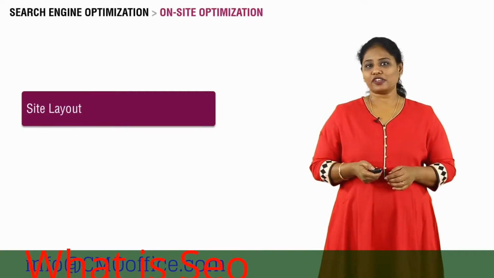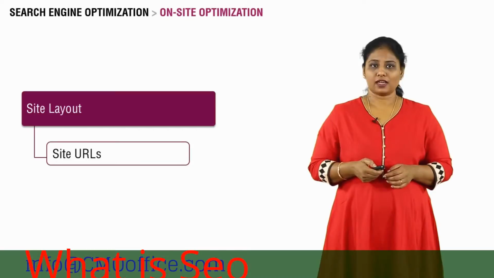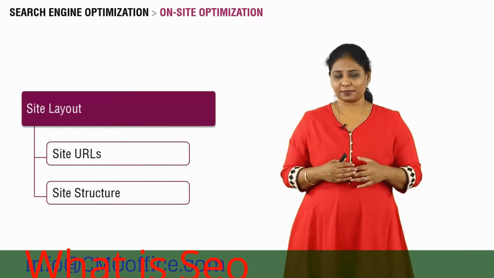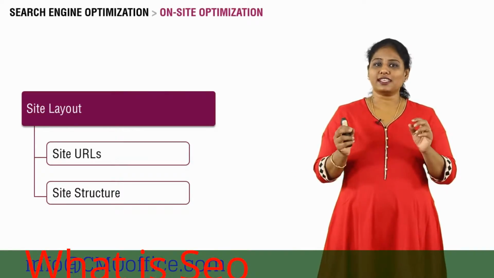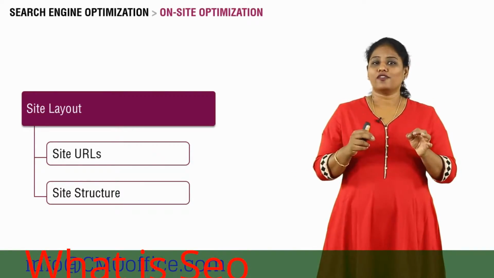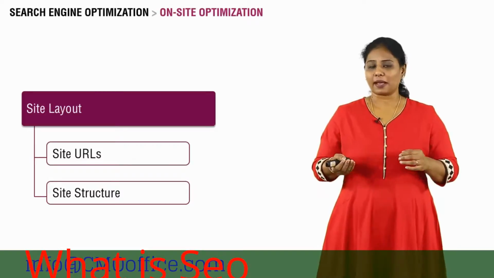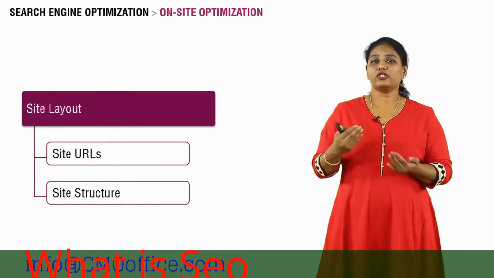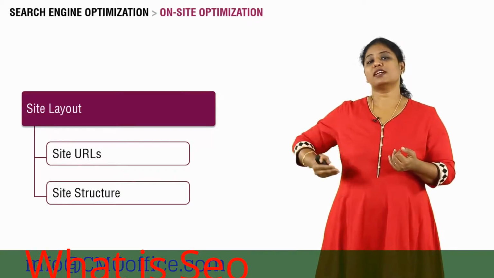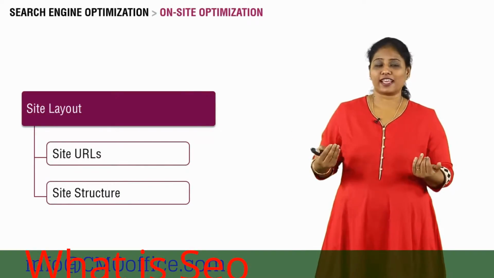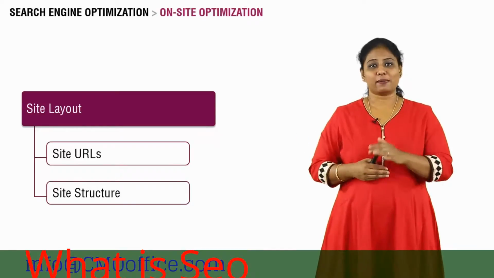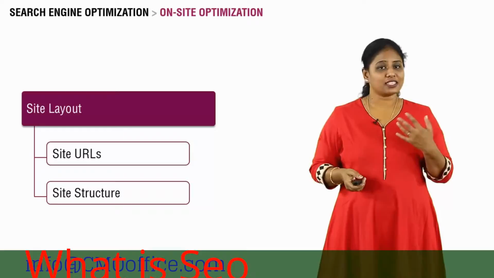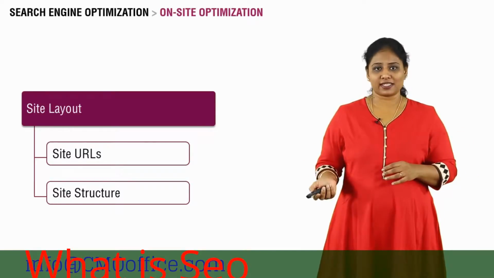Site layout refers to the structure of your site. Site URLs and site structure are the two things that we will be looking at here. Site URLs is the URL address for a page on your site. For example, if I had a site called jasmine.com and I had a contact us page, it should probably read jasmine.com/contact us instead of saying jasmine.com/abcxyz123, which does not make sense. Remember, if it doesn't make sense to the user, it's not going to make sense to the search engine as